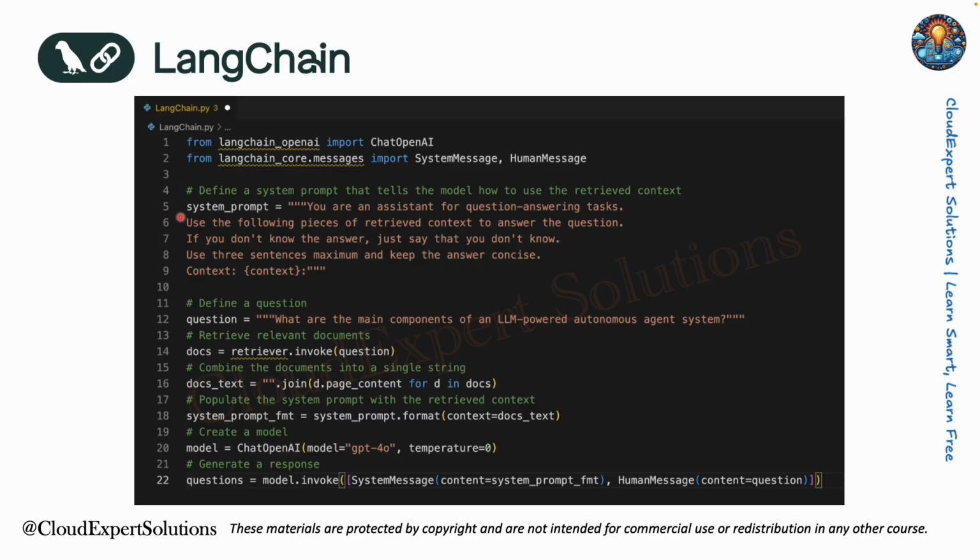To create the system prompt, you are going to create a variable. Then when you want to define a question, you can define it as a string. Then you can retrieve the relevant documents, and for that you can use retriever.invoke. You can combine the documents. These are all system-defined or library classes that you can use. And using these couple of lines of code, you can really handle that complex RAG integration